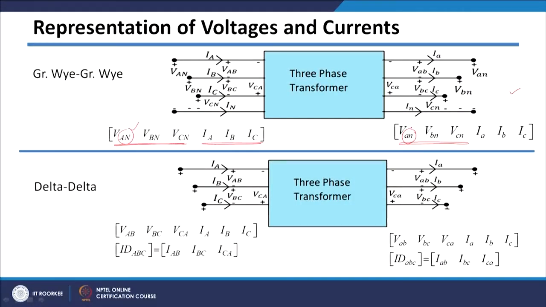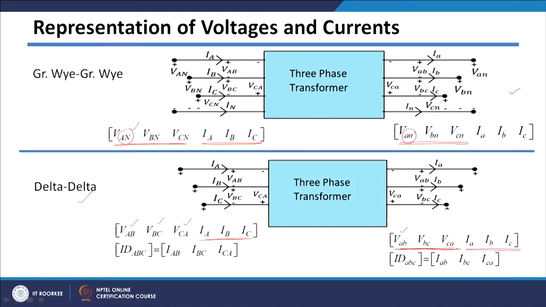And in case of delta winding, we have seen that we can represent the line to line voltages, which are basically VAB, VBC and VCA, and the line currents, which are IA, IB and IC. On the secondary side, it is again delta connected, as I have written there, and these voltages will be vab, vbc and vca, line to line voltages, and the line currents will be